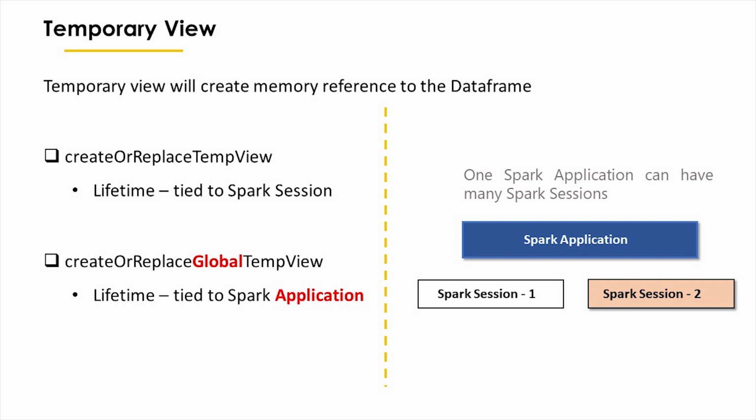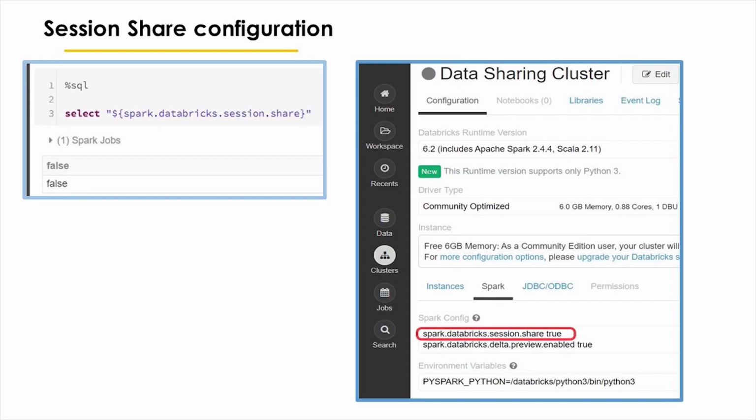Okay, so in Databricks you can share the data using the global temp view between different notebooks when each notebook has its own Spark session. If each notebook shares the same Spark session, then using a normal temp view also you can share the data across notebooks. But due to some security reasons, this option is set to false by default, but you can turn it on based on your requirements. This is a property to turn on the session share between different notebooks. But this Spark session isolation is enabled by default.